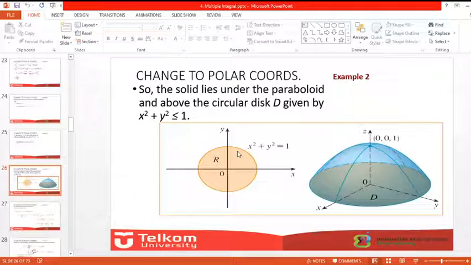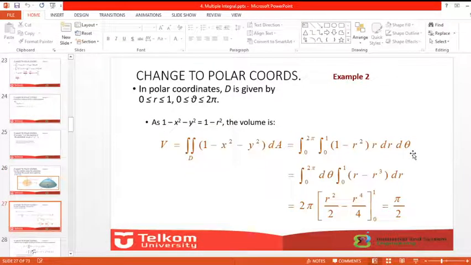And also the x square plus y square should be less than 1. So we get this one is should be a half of the spherical. Okay, a half of spherical. So we can get this result. So the integral of this one, so r is from 0 until 1 and theta from 0 until 2p. So 1 minus x square minus y square with this region. Okay, the region is from 0 until 2p and r is from 0 until 1. So we can get this result.